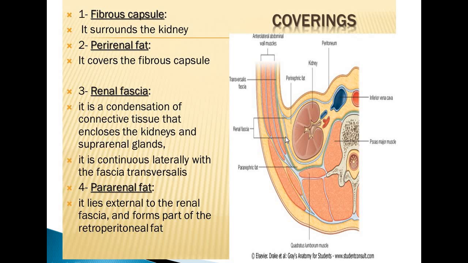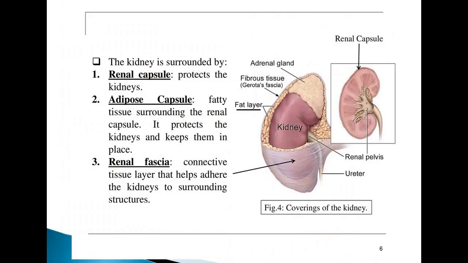But later on, it is clear that it is a single multilaminated structure which is fused posteromedially. So this is the single multilaminated structure which is fused posteromedially and it blends with the fascia covering the muscles of the posterior abdominal wall. The fascia then extends anteromedially behind the kidney, and it will split into anterior fascia, which is thin in appearance, and the posterior fascia, which is thick in appearance.